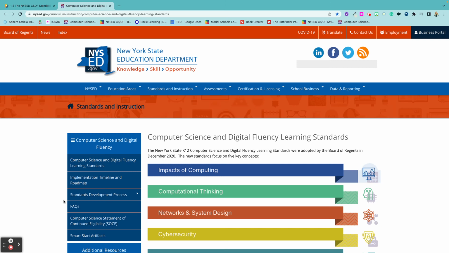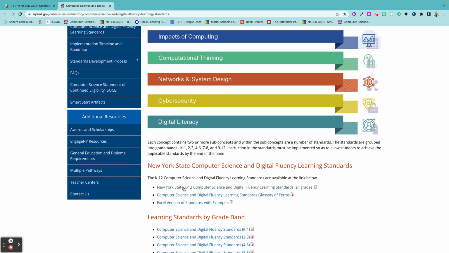We're on the New York State Education Department website for the Computer Science and Digital Fluency Standards. Again, you can find this website by Googling NYSED CSDF, or if you bookmarked it in that first video, it is available for you on your bookmarks bar. We're going to scroll down to that first link on the page to be able to take a look at